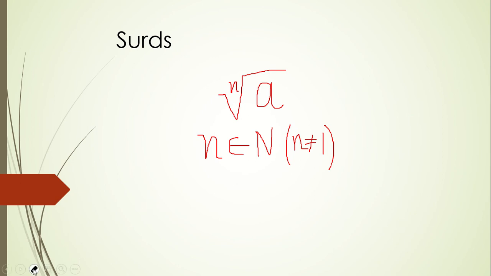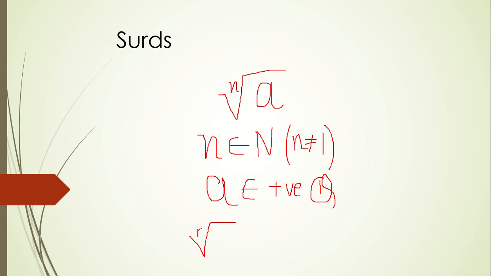First point. Second point is a. A is the radicand, meaning the number that is there inside the radical sign. That is, a radicand should be a positive rational number. Positive, because rational numbers do include negative numbers also. So it has to be a positive rational number. And third point, overall this number nth root of a